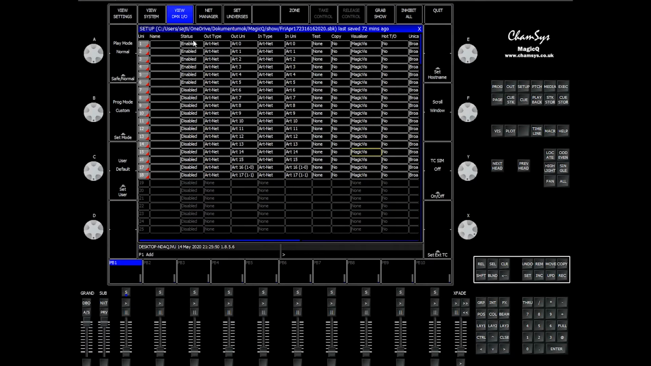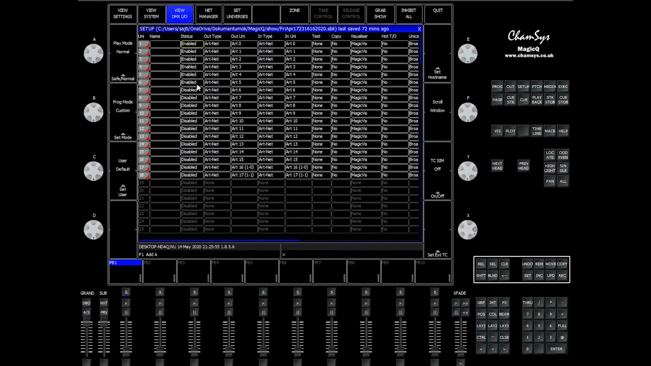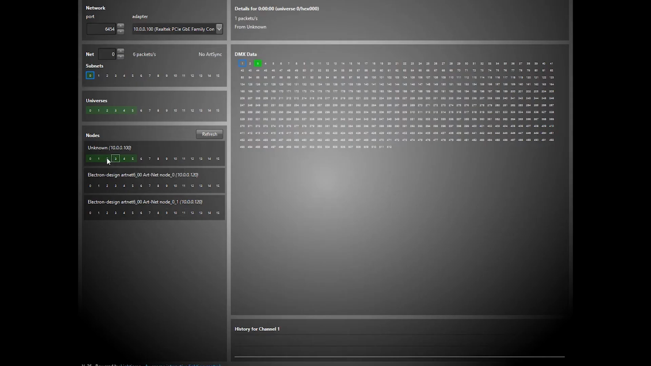You should enable this by double-clicking on it and hitting enable, or just hit enter. Enable the first 6 universes, and then if you go back to the Untitled, you need to see the enabled universes with this deep green background. So if I disable, let's say, the 5th and the 3rd one,